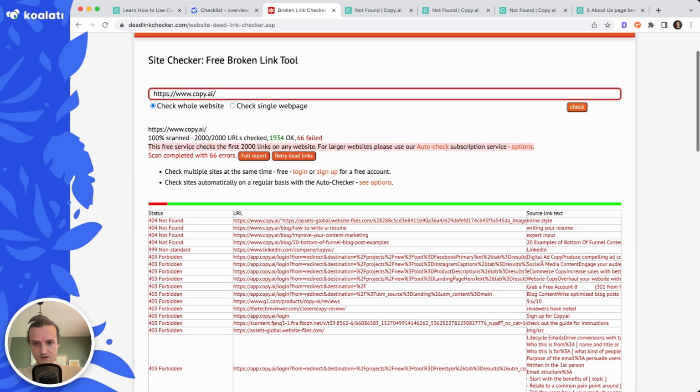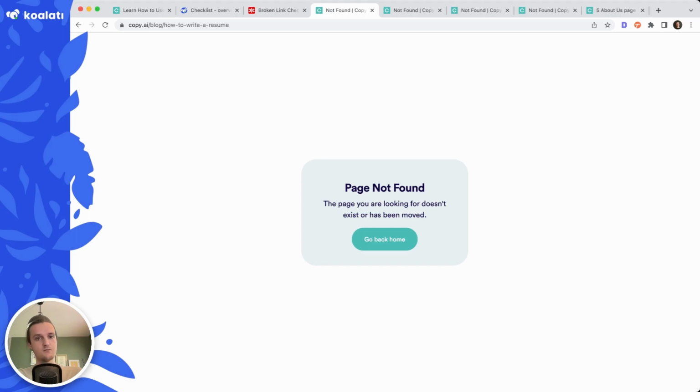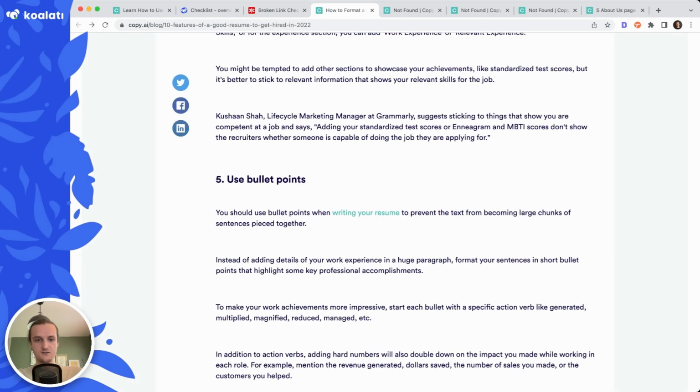If we go back here, we're going to go ahead and find what these links are from, and you can check out the origin of the link by clicking on the source link text on this tool right here. So let's see. I probably should have gone one at a time. So let's go ahead. Writing your resume. This link right here should be broken. There we go. So that's one thing that Copy.ai could do right here to fix broken links to improve the